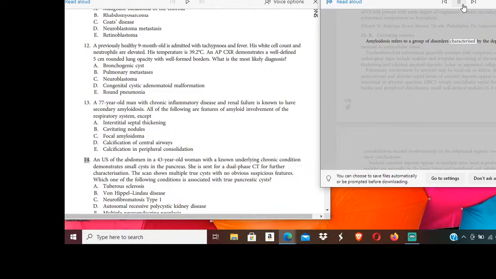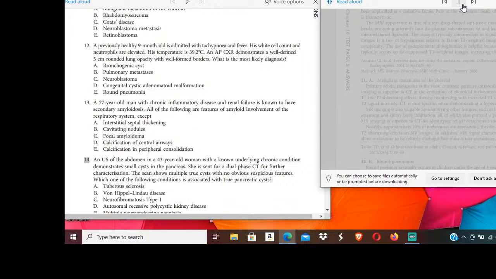14. Amyloidosis refers to a group of disorders characterized by the deposition of abnormal protein material in extracellular tissue. Tracheobronchial amyloidosis generally presents with symptoms of airway obstruction. Classic radiological signs include nodular and irregular narrowing of the tracheal lumen, airway wall thickening, and calcified amyloid deposits. Lobar or segmental collapse may be seen. Pulmonary involvement by amyloid may be localized or diffuse. Radiologically, the diffuse parenchymal and alveolar septal forms of amyloid deposits appear as nonspecific diffuse interstitial or alveolar opacities. HRCT reveals interlobular septal thickening with a predominant basilar and peripheral distribution, small well-defined nodules, 2 to 4 mm, and confluent